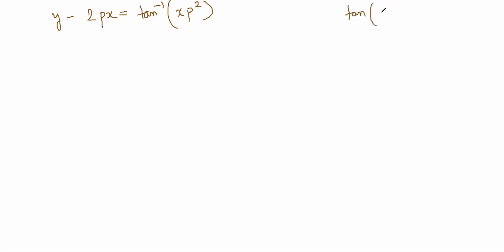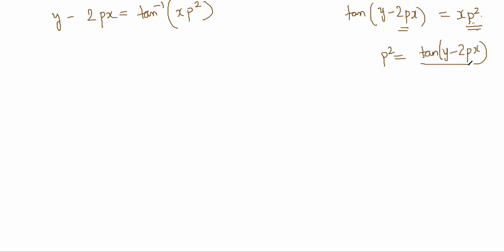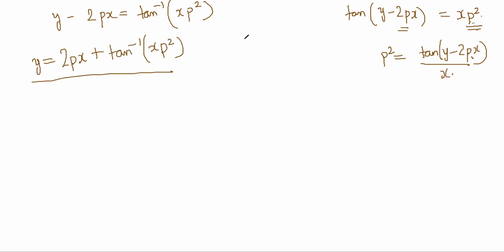You can do tan of y minus 2px is equal to xp square, right? But notice that the value for p that you will get has an implicit p inside. No matter what you do, you cannot get rid of the p, right? You cannot write root of this because it has a p inside it. So this is not easily solvable for p. But here it is very easily solvable for y. Y is equal to this, right? So this is the case when it has become easily solvable for x or y.